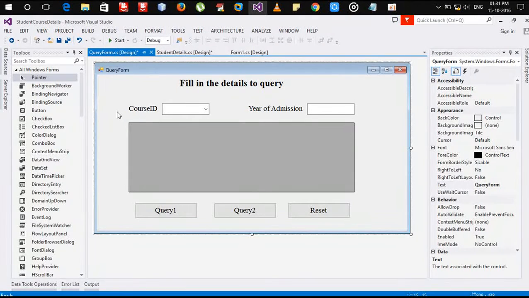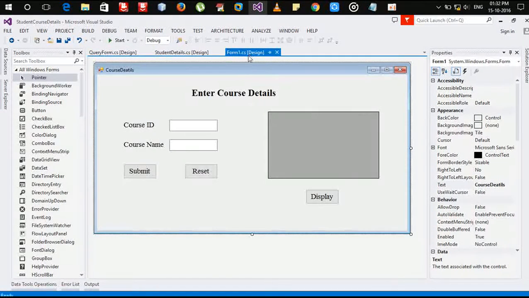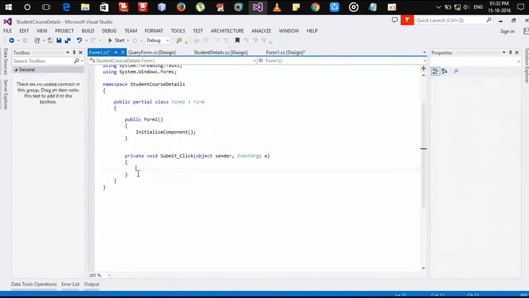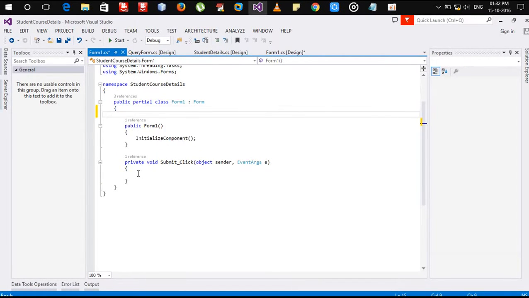Now the forms have been created, the front end of the forms have been created. Now we'll go to the back end, we'll click on the submit button twice, we get to the code. Within the class form,